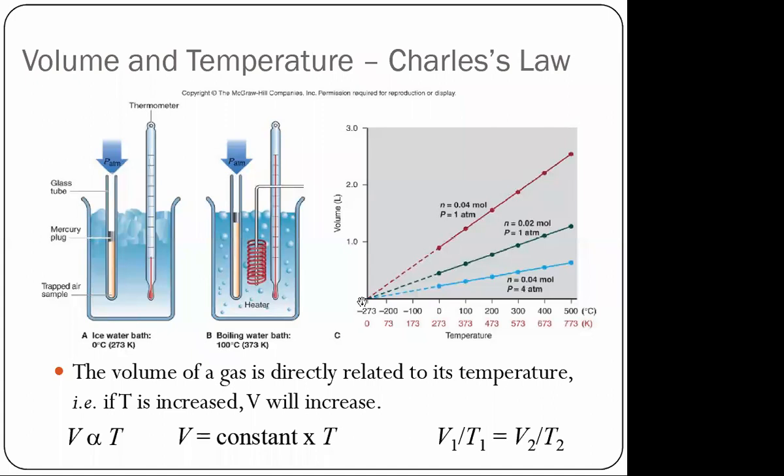Now, this expression is a plot of volume against absolute temperature. When you plot volume against absolute temperature, you will have a linear relationship, and that linear relationship depends on constant pressure. If you change the number of moles, it will still be linear, but your slope will be different. That is what we are going to discuss next.